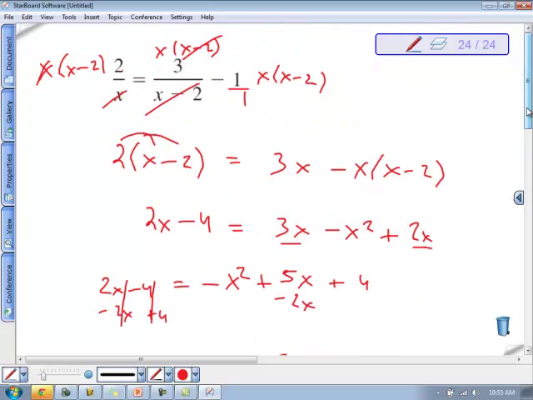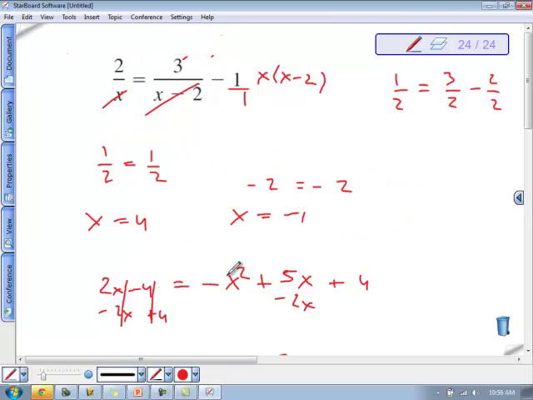Make sure we check those into the original equation, make sure they both work and that they're not extraneous. I'll do that real quick independently. Yeah, they both work. When you try 4, you're going to end up with 1/2 equals 1/2. And when you try negative 1, you end up with negative 2 equals negative 2. So they are both solutions. Okay, last